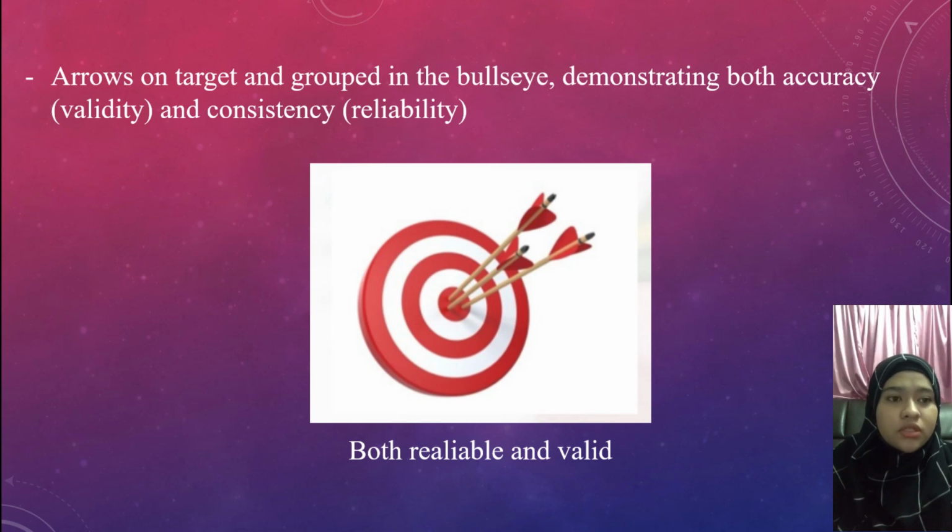So the conclusion from all the graphs, we can conclude that, and I repeat again, to get reliable and valid, we have to shoot on the middle of the bow, and the arrows must be grouped,